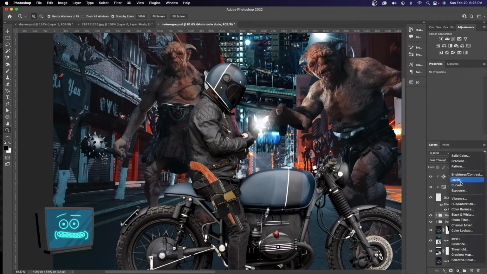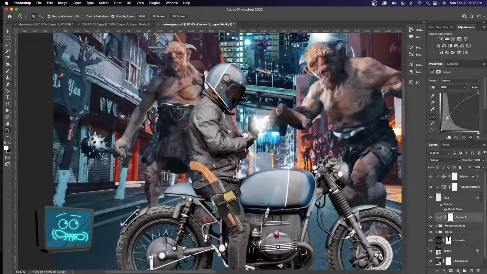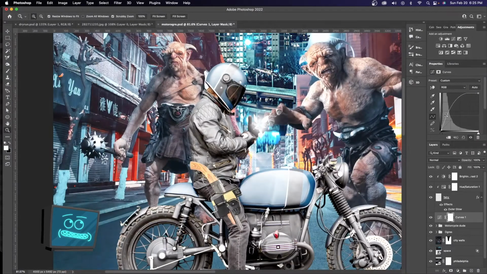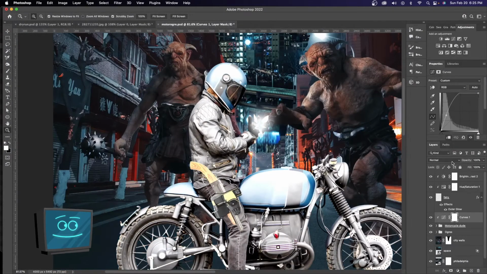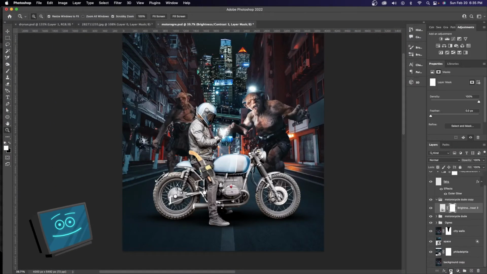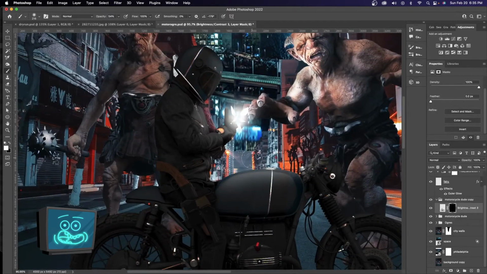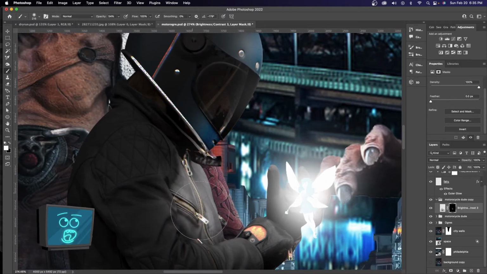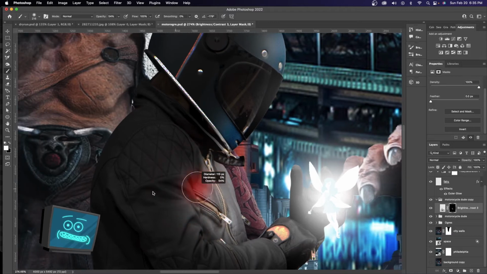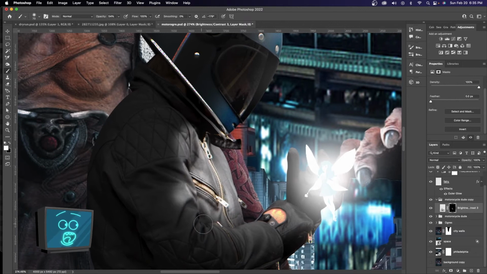Alright, now we're gonna add some fairy glow. So we're gonna brighten up, we're gonna blow out this entire motorcycle guy using curves, and we're gonna clip it to him. Then we're going to invert. Now we can paint in wherever we want that highlight to be. So we're just gonna go around where the fairy's at. You know, you can do whatever you want. Who am I to tell you what to do? Let's get some detail in.